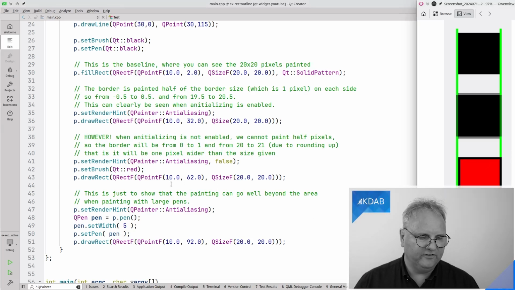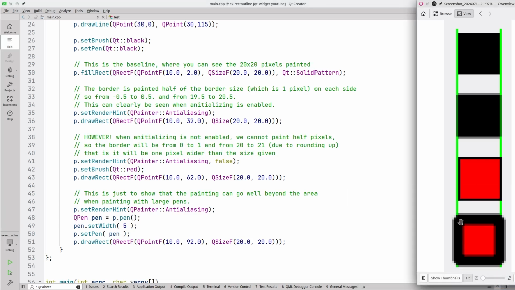And it doesn't stop with just painting. Just to show you anti-aliasing with pens that are different. Down here you can see now I'm painting with a pen that is 5 pixels thick. And again, I'm still using the red color over here. So you can see there's some red column here that is overlapping and some there.